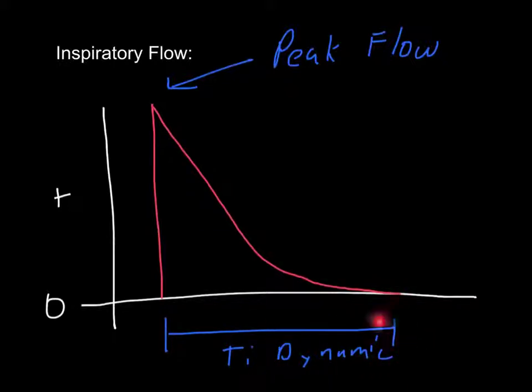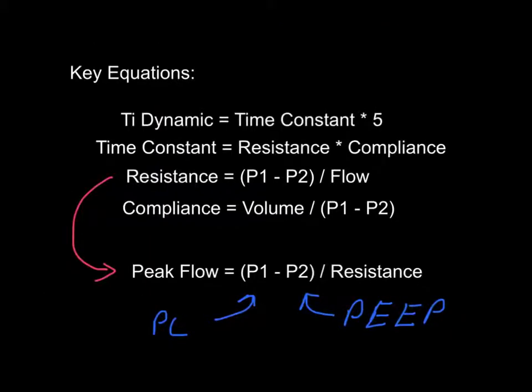So we call it the TI dynamic, or the amount of time when there's actually flow established between the ventilator circuit and the patient's lungs. Now, for us to understand what's going on during inspiration, we really have to understand some of these key equations. And some of the equations I'm going to put out here is that TI dynamic,